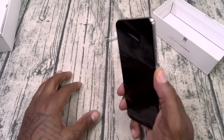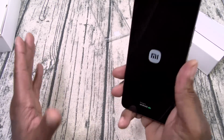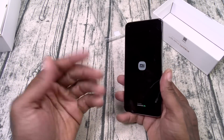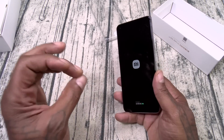Okay, let's hit the power button. Now y'all gonna have to see this fingerprint sensor for yourself. Imagine a fingerprint sensor like this on your Google Pixel 6 or your 6 Pro. Now I tend to roast that phone a lot because I love it so much. It's a love-hate relationship with the Google Pixel 6. I love that phone, and I want...